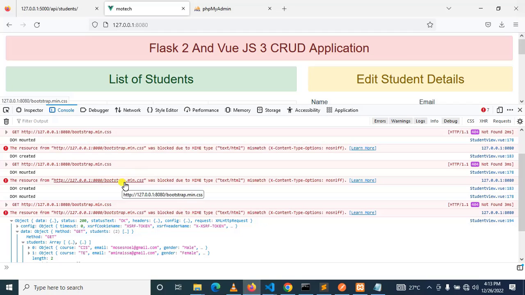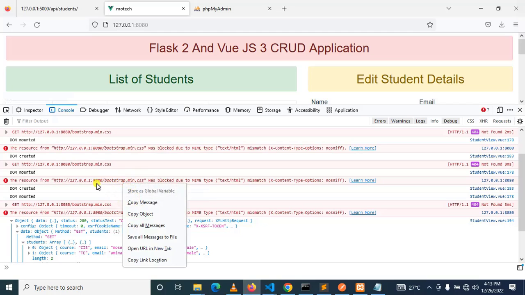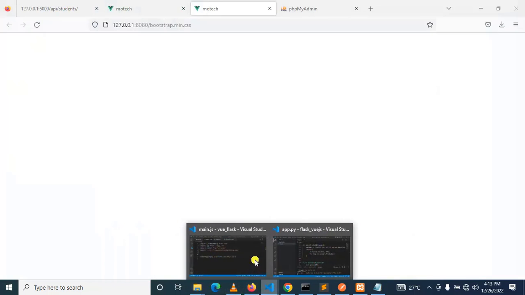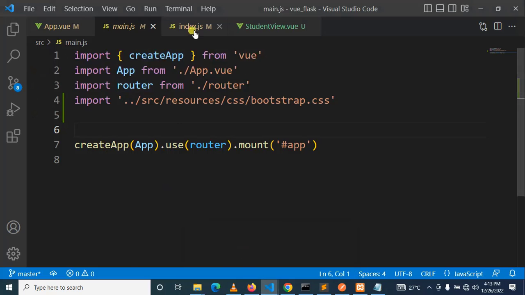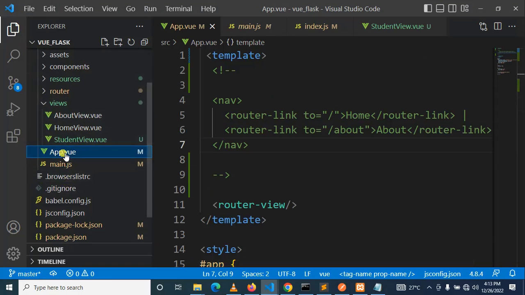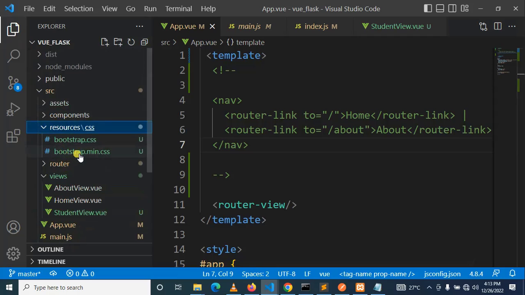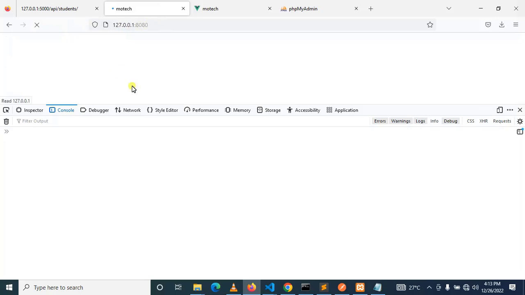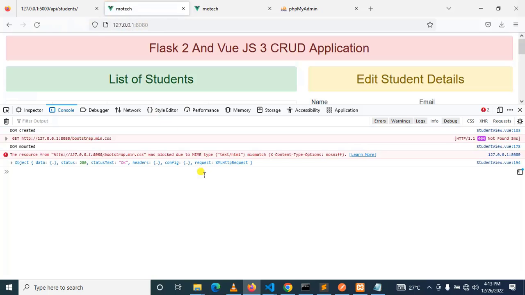It was blocked, which actually we don't need to bring this error. Index.js, where is it? So here in resources, let me delete. I can still get this. Okay. Oh,